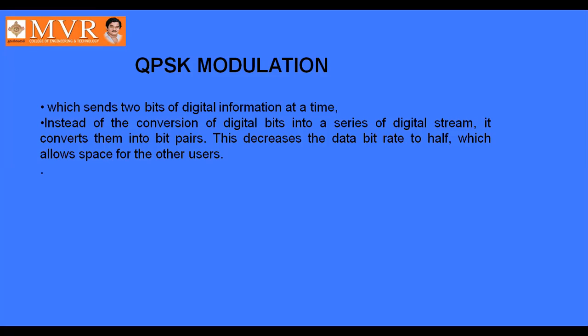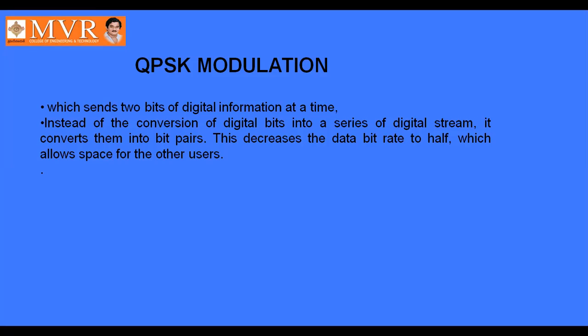Yes, the same concept is applied to M-ary PSK, M-ary ASK, whatever it is. That means M number of phase shifts are available in a single signal, and M-ary PSK means we are grouping M number of bits. That is the only difference. In QPSK modulation, we are grouping 2 bits. In the M-ary scheme, M-ary means a group of bits. Any modulation, M-ary PSK or M-ary ASK, we are grouping M number of bits.